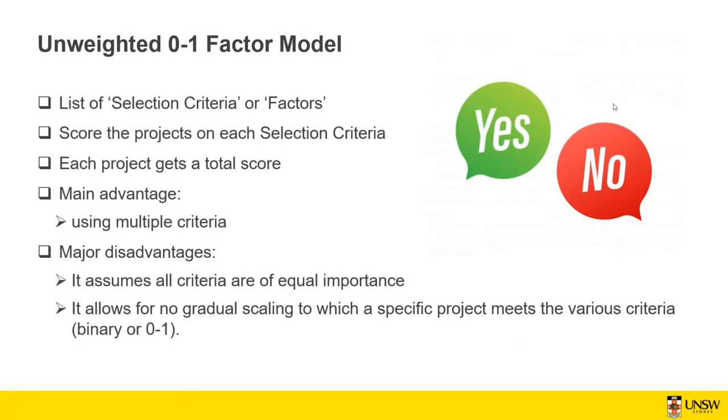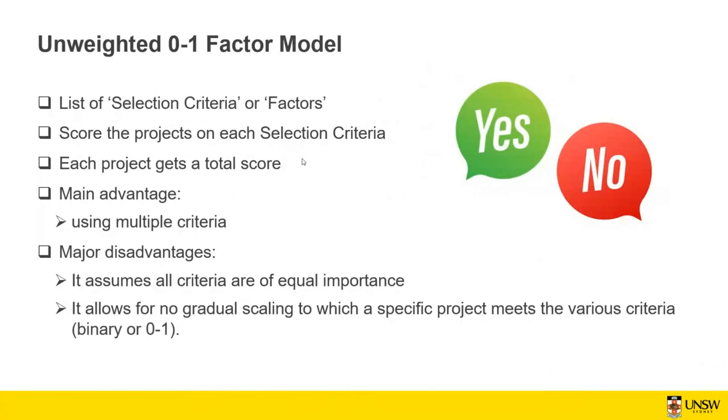Okay, first, let's start with the unweighted binary factor model. In this model, you just list all the selection criteria or factors as we discussed, and you score the project on each selection criterion. Either this project meets that criterion or it doesn't, so it's just 0 or 1. There is nothing in between. And for each project, you get the total score. Then the highest total score is going to be your preferred project,